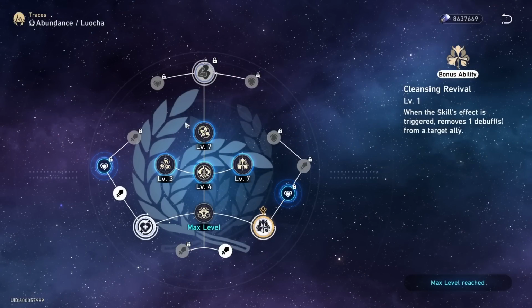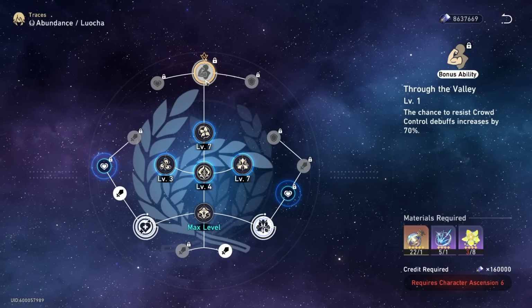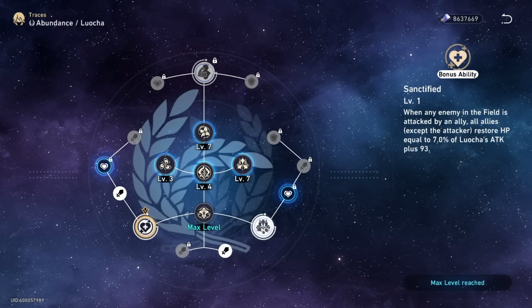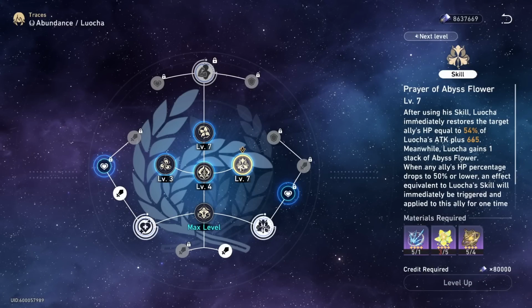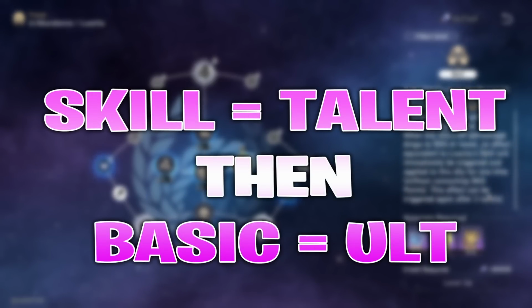As for his traces, they allow him to cleanse an ally with skill, increase his crowd control resistance to debuffs such as freeze, imprisonment, and so on, and lastly allow for group healing with his field, which are very nice traces to increase his utility. As for what to level up, I'd highly recommend focusing on his skill and talent first, and then his ultimate